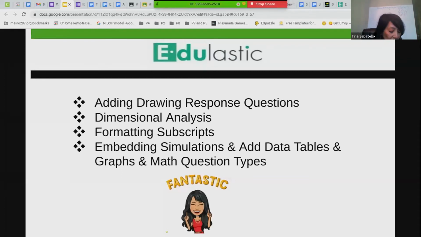Because before this, what we used to do before Edulastic, OMG, you had to have all these attachments on Google Classroom or links on Google Doc. And then if you clicked on a link or an attachment, it would take the kids to another tab and they wouldn't know what to do next. So with Edulastic, we're able to provide instructions, and everything's all one-stop shop. And it's been amazing. I heard about Edulastic, but really ran with it when school closed due to COVID in March. And every day I learned something new and awesome about using Edulastic for my classes.